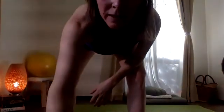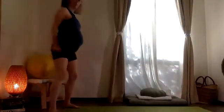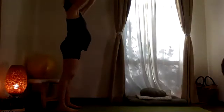Okay, let me just hit a button on this thing. And then we're going to do that sequence moving in the opposite direction. So now this is my right side facing the computer. And we're going to inhale, take the thumbs up,